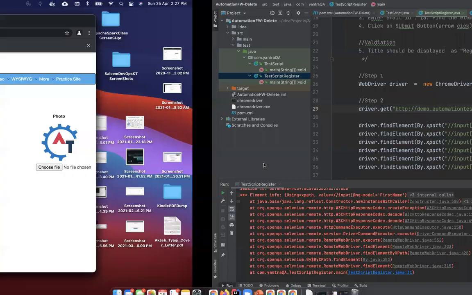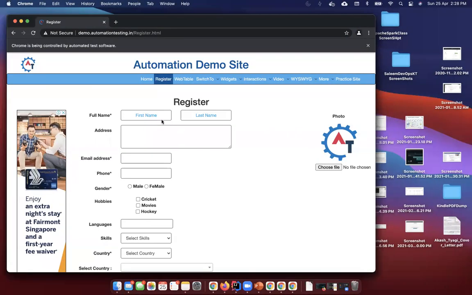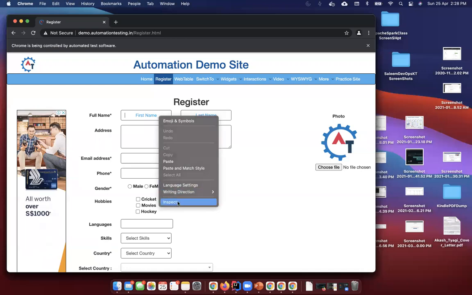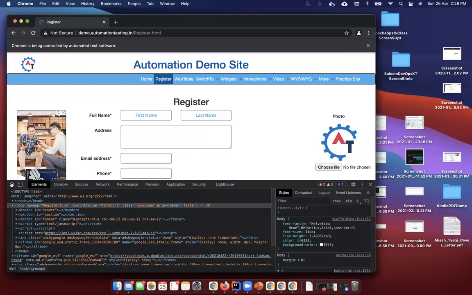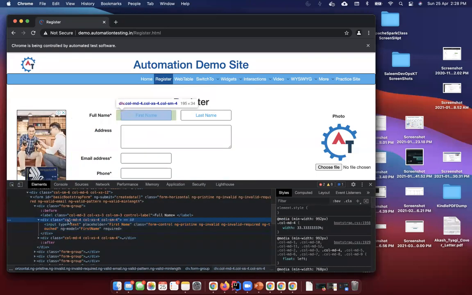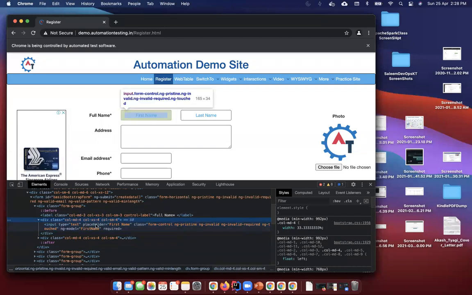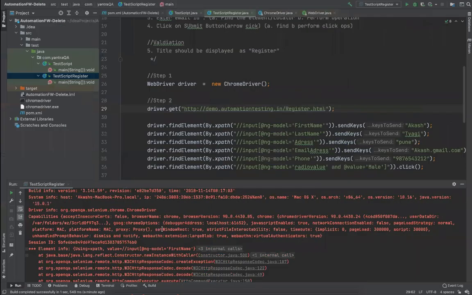Okay, still some problem, it couldn't find first name. Why couldn't it find first name? Oh, I think you have to first click on it. So you have to do a click operation, and then the first name will come, something like that. Never mind, just try it. It's not going to be that difficult.